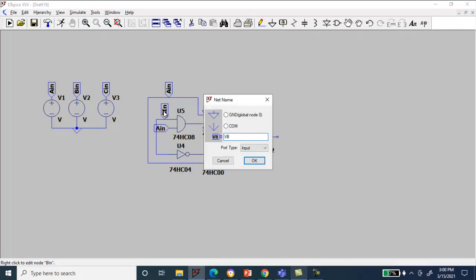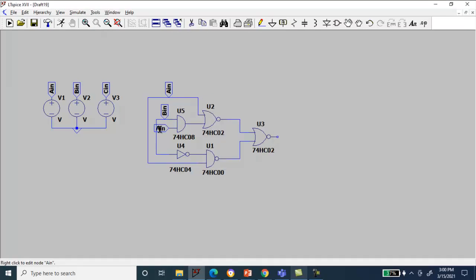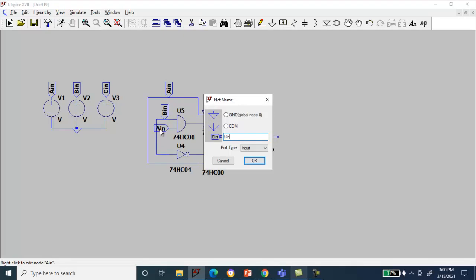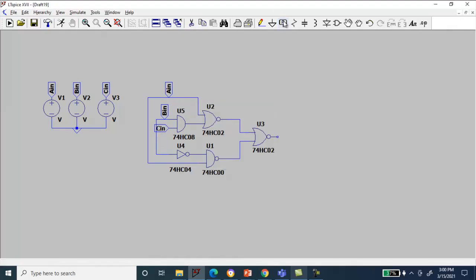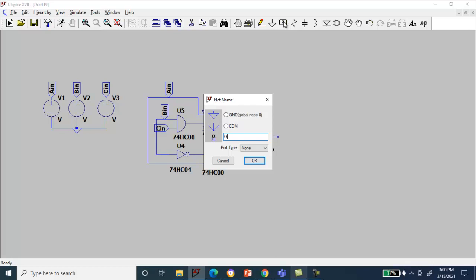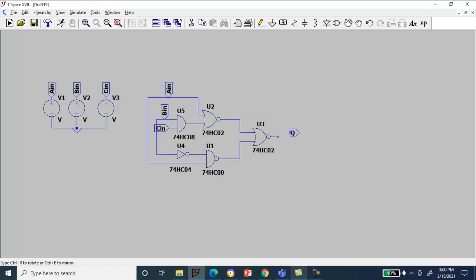B N, and this is CN, press OK. Again use label net. You can see out, which is Q is output, so Q, press OK, connect it here.